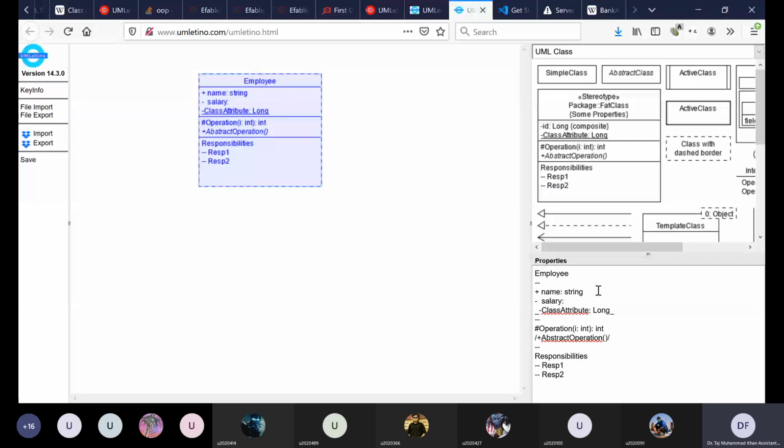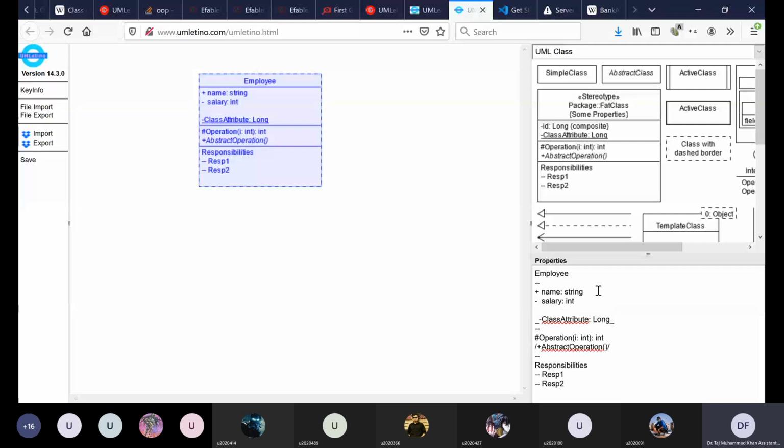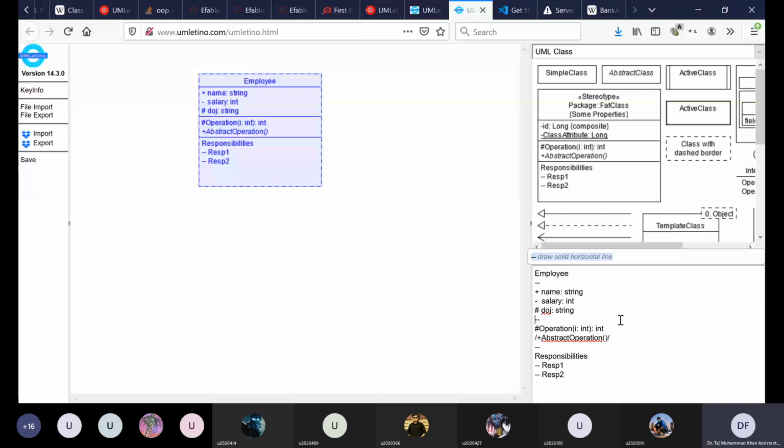Privates are declared with a minus sign, int, and then I can have a protected member variable, let's say date of joining, DOJ, and let's make it string. So this is how we declare member variables of a class inside a UML diagram.